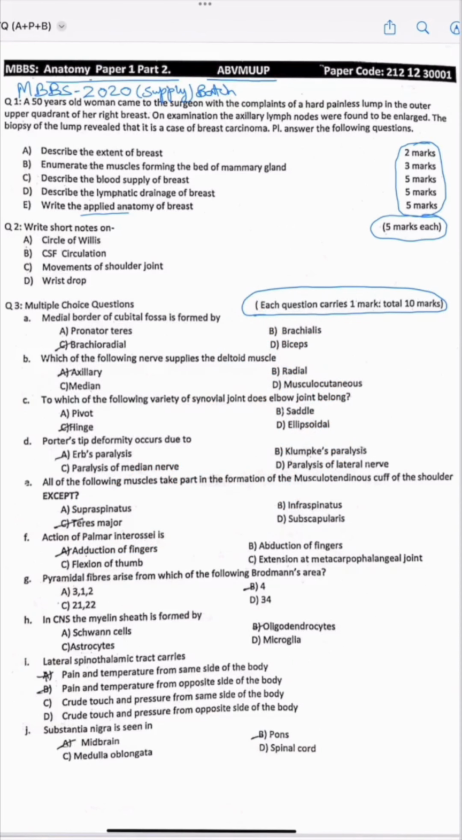Now moving to question number 3, multiple choice questions. Question number 3A: the medial border of the cubital fossa is formed by